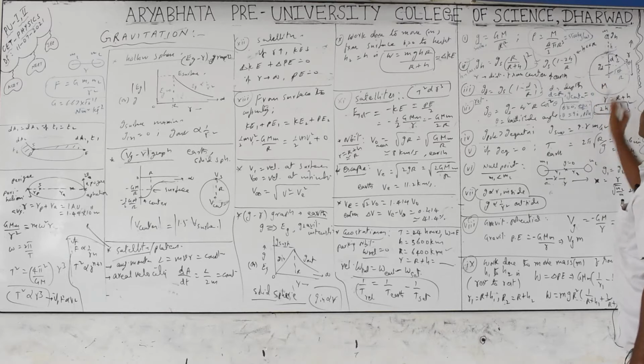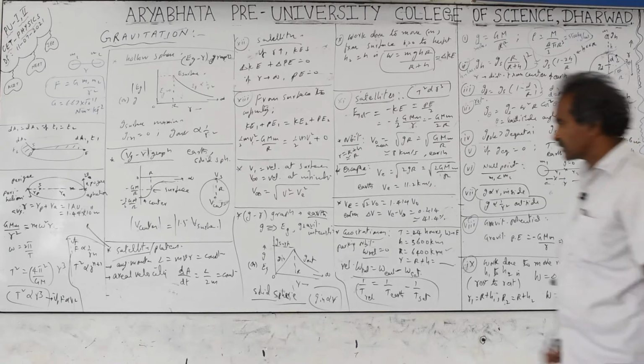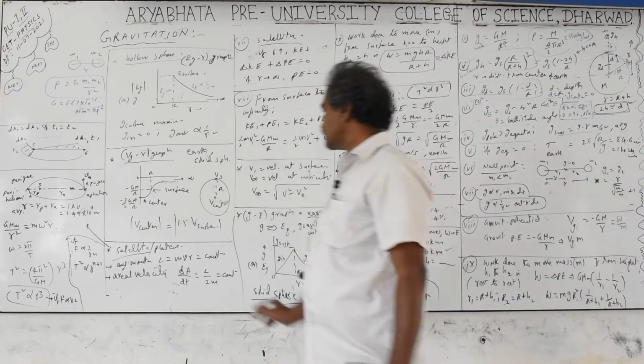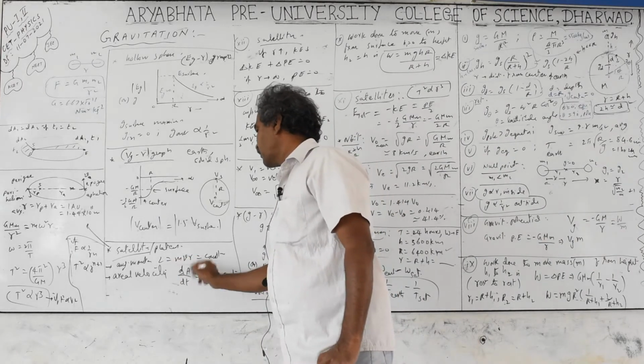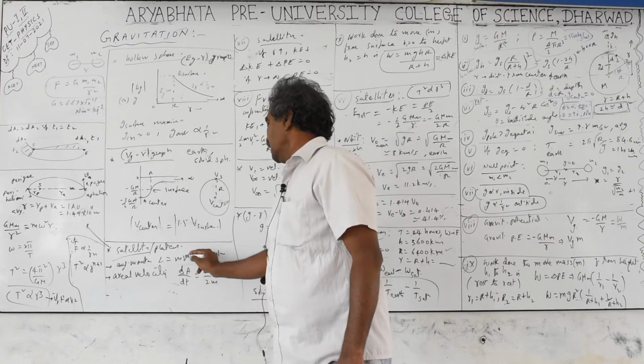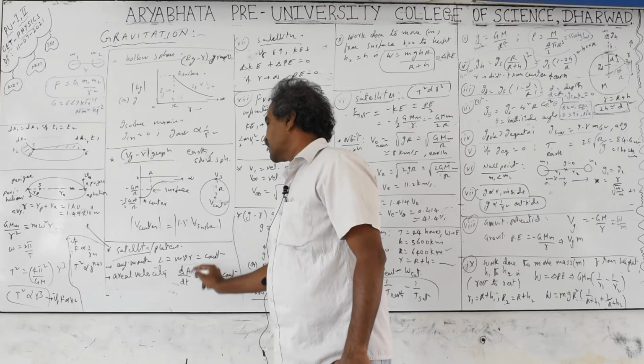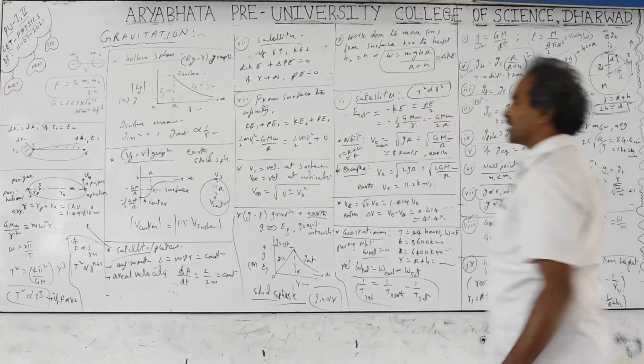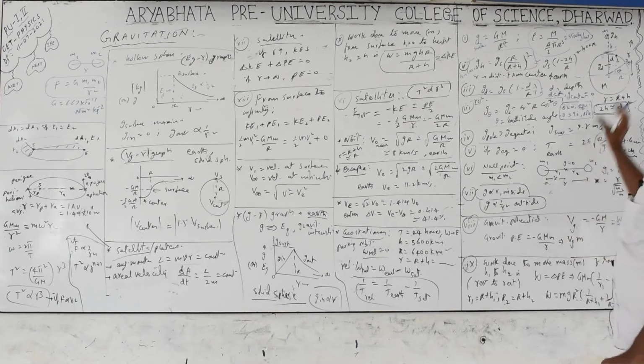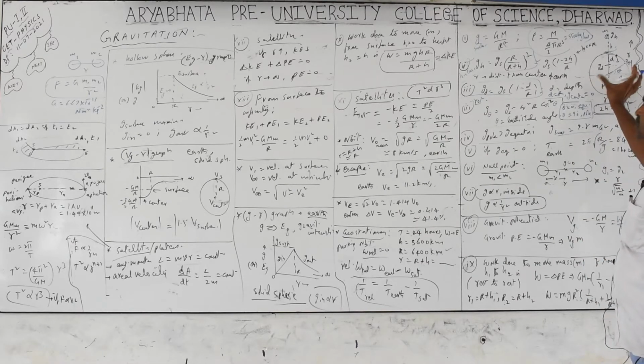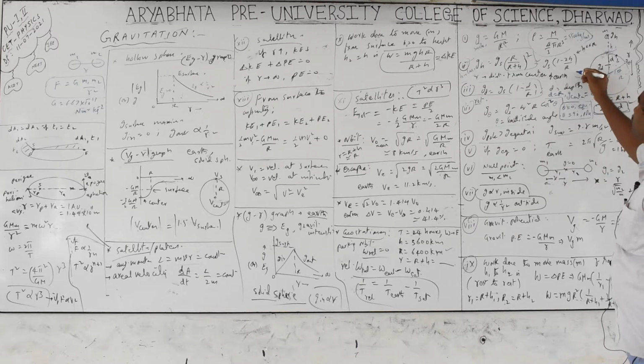The effective radius increases. Whenever the effective radius increases, R increases, L equals mvr, or mv equals omega r. If you take omega into r squared, you will get: when r increases, omega decreases, or if r increases, v decreases. Therefore, the speed changes. Whenever this moment of inertia is changing, L equals I omega is the formula. We have the conservation of angular momentum relation: L equals I omega equals constant. If I increases, omega decreases, so the speed of rotation decreases.